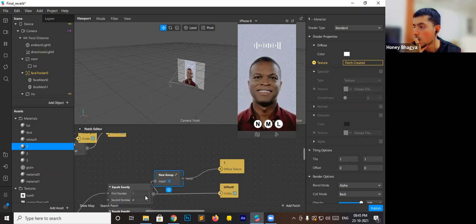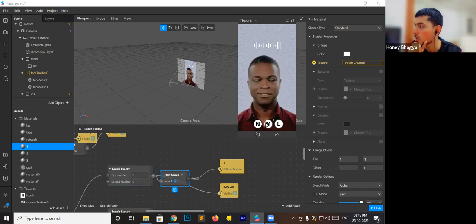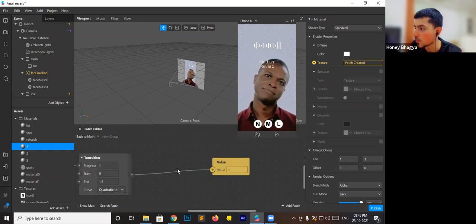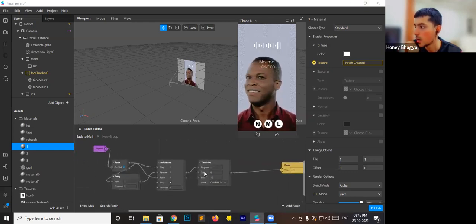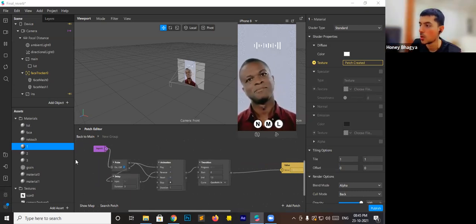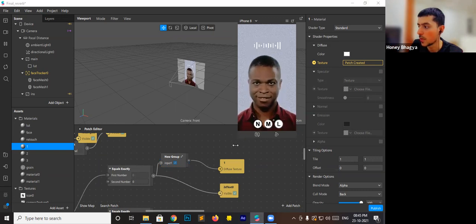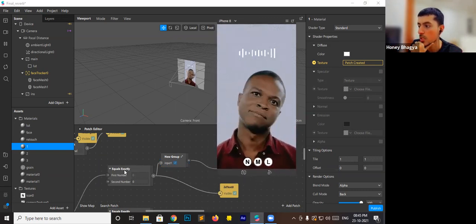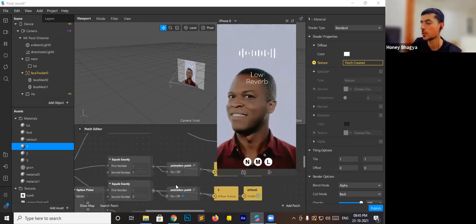What is happening is, when the first equal exactly patch triggers, it sends the value, and the transition is triggered, and the value changes from 1.5 to 0. After that, we are disabling the 2D text as it has fulfilled its purpose. So the small fading effect is done by the animation patch, and we are removing the text by equal exactly. And the same thing happens with the medium one and the lower one.